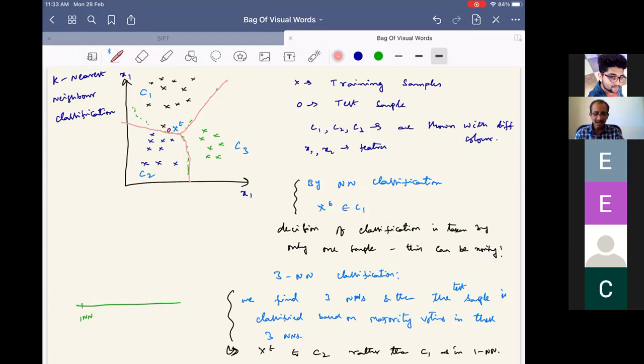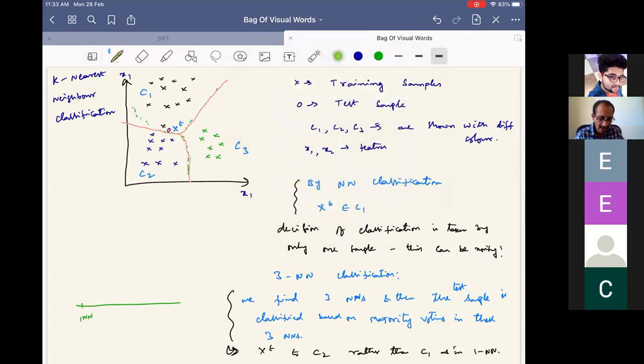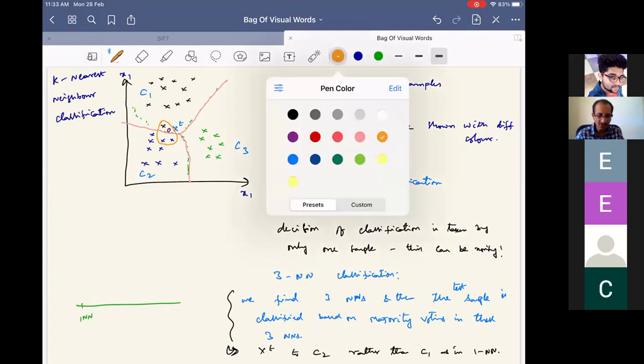But if I go for 3 nearest neighbors, it is not that easy to do a priori. So we need to compute the distances, sort them, give the voting, and then decide on the class label. Hope this is clear. If we go for 3 nearest neighbors, these are the 3 nearest neighbors, and based on that, we take a decision for this test sample. So as an exercise, if we wish to do so,